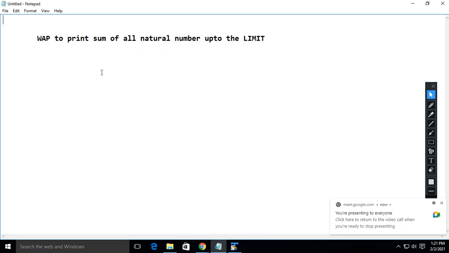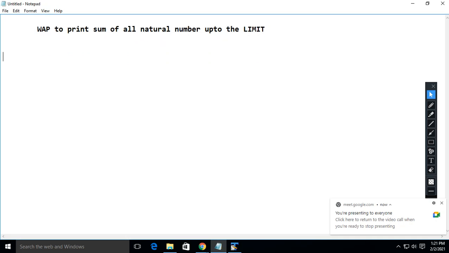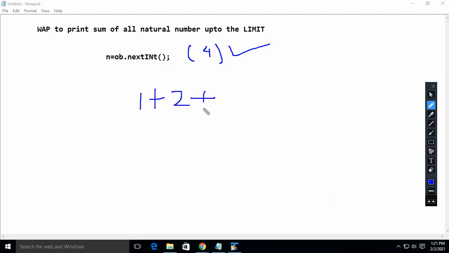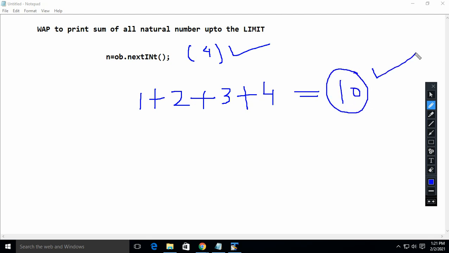Now everybody please pay attention on the screen. Now see what we are going to do. Suppose the user is inputting the limit n, and the user can enter anything. Don't think any particular number is required. Suppose he has entered 4, the value of n is 4. You want to generate the sum of all natural numbers up to that limit. So the limit here is 4. What should be the output, Aparajita? 10. Yes. So how many outputs are you getting in this one? 1.